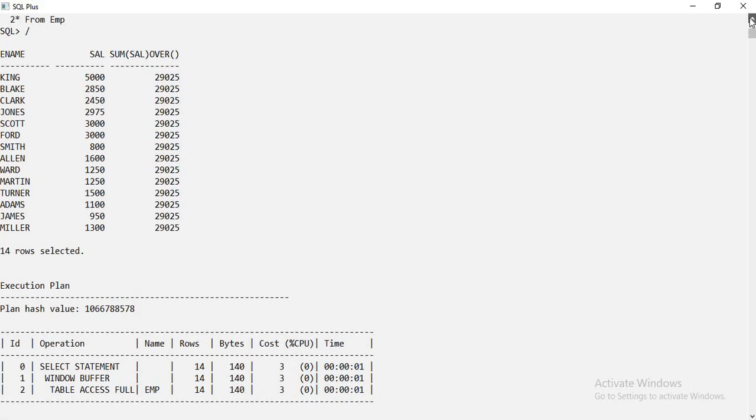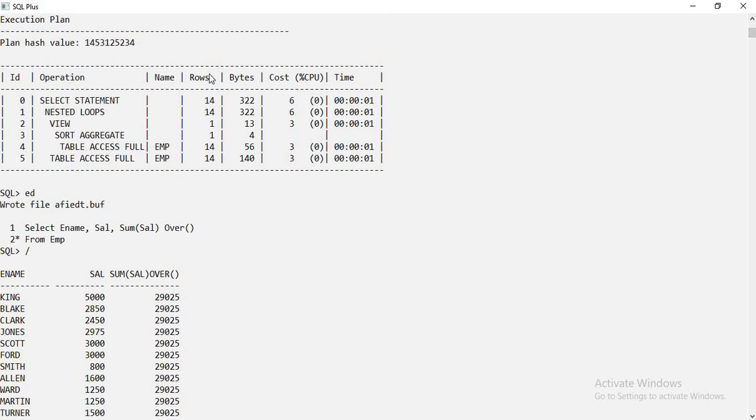Now come up here. If you see the number of rows, there are 14 rows in this single one, and the total bytes we have are only 140, but here you see 322, and the remaining are normal. And again the cost, we have only 3 and 9, but here 12 is also extra. So the execution of the SQL query is double the normal SQL query.